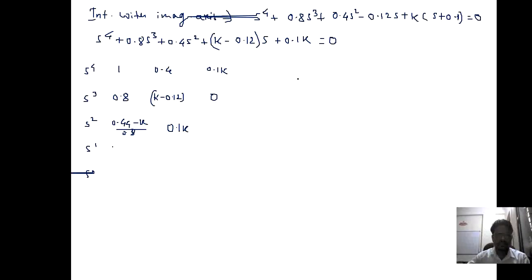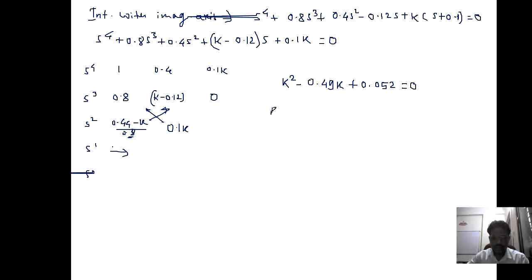So after solving all this, we will not get a single value for k marginal. We will get here a quadratic equation for k, and that equation is, after solving this, after multiplication of these minus this divided by this value, k square minus 0.49k plus 0.052 equal to 0. Solving this equation will give you two values of k.